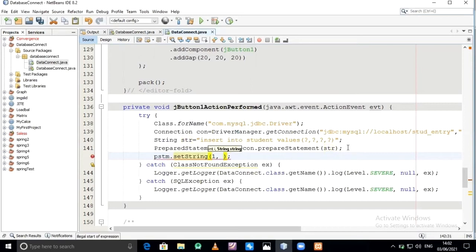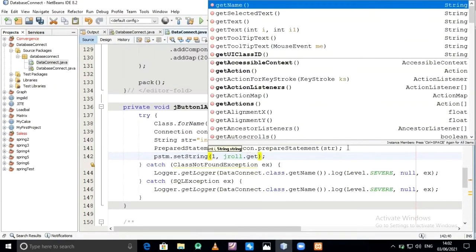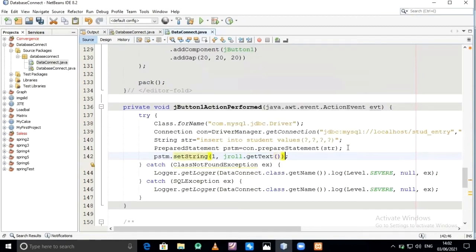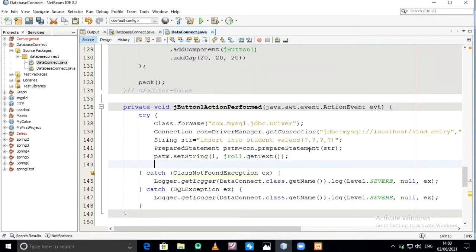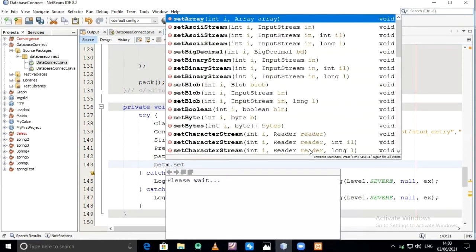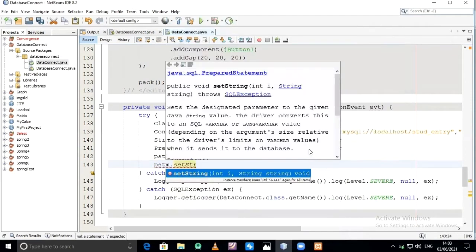What is the variable for that? JRole.getText. So here we have to take the values from the JFrame. So PSTM.setString, second variable,